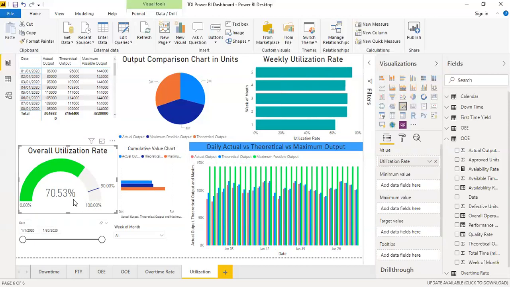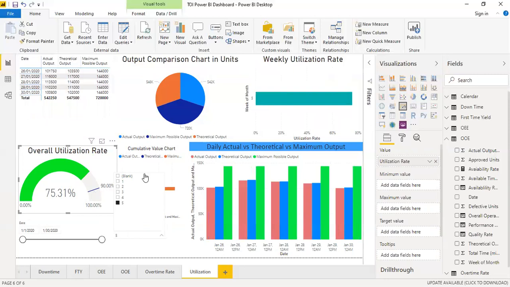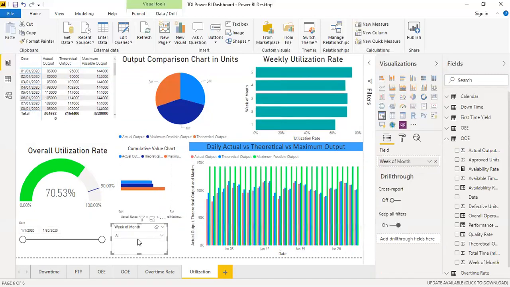दिस अगेन शोज कि कितना मंथ का आपका 70.53% है और आपका टारगेट क्या होना चाहिए सो दैट यू कैन अचीव इट एंड ऑन द स्केल ऑफ 0 to 100%। And this again you can like use this slicer and if you want to see the rate of fifth, so you can just click it and it will reflect all the data of fifth. This is how it works and just clearing all options. This is how, so this was the dashboard